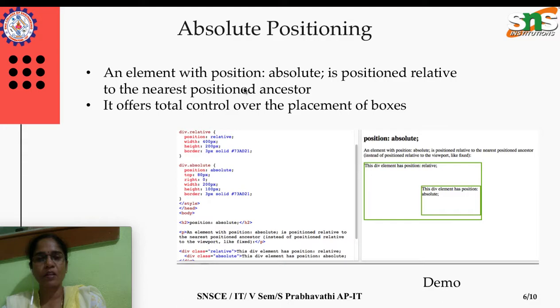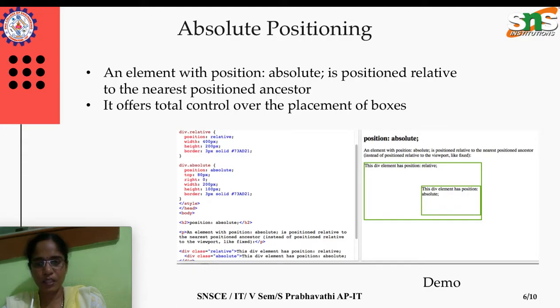It means when we specify the value, it will completely take that value, okay. Whatever we mention in the absolute property will be affected with respect to its ancestor or the parent element, okay.